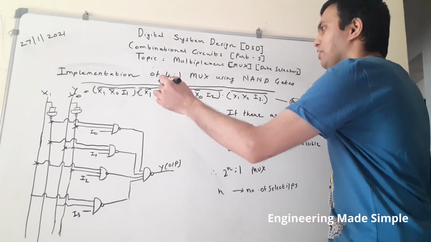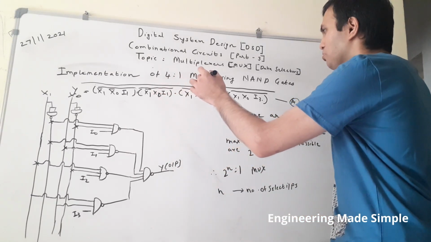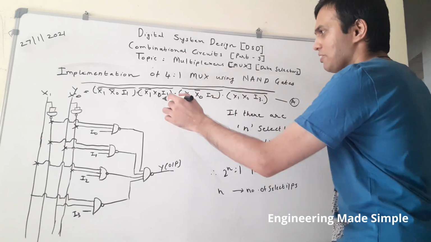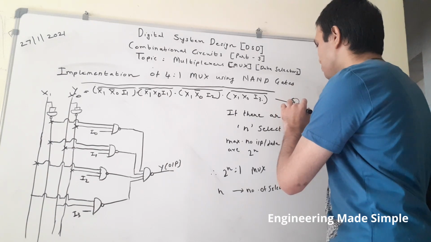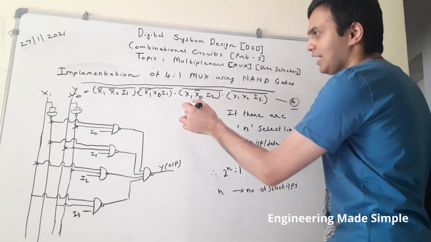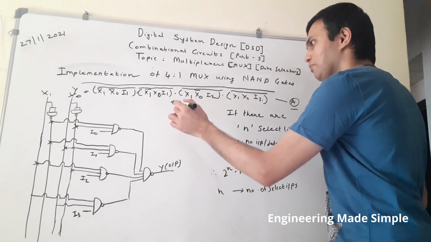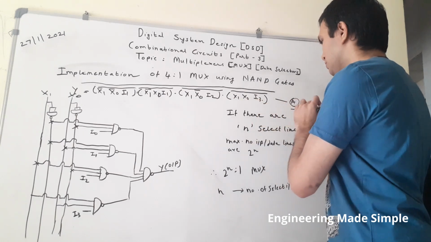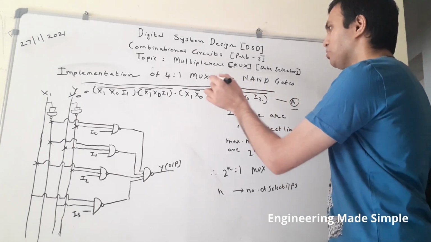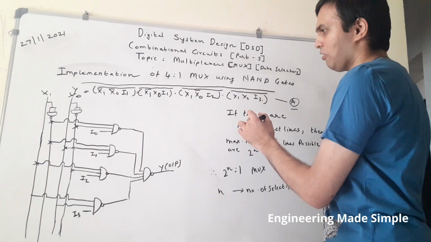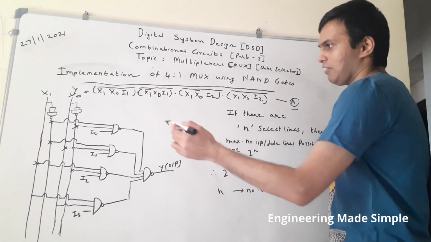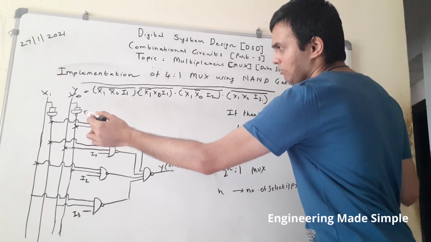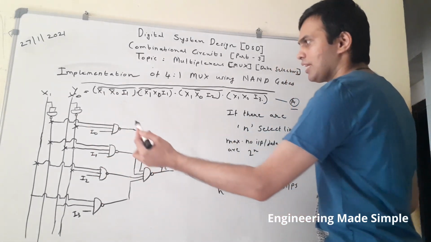Now we have derived the equation for implementing 4:1 mux using NAND gates only. So this was our equation that we found by applying double complement, and then at the end we applied De Morgan's theorem to get this particular equation. So this particular equation is nothing but 4:1 mux implementation using NAND logic. So now let us see its implementation using NAND logic. The circuit diagram that you see, I have drawn over here. So I will explain that.